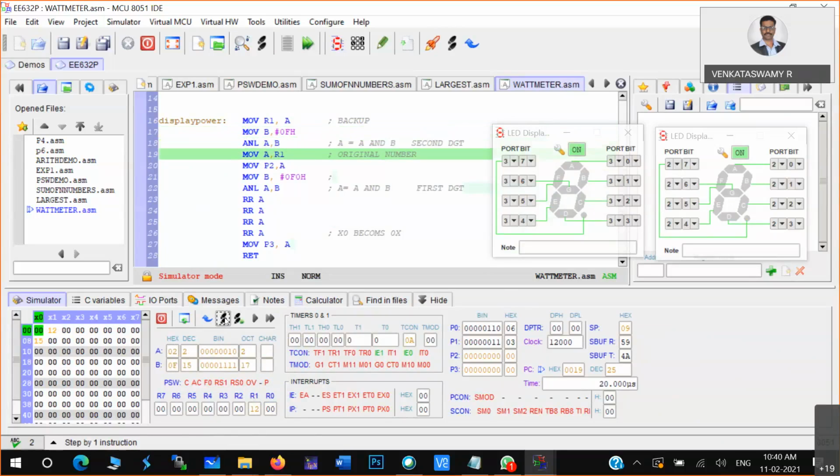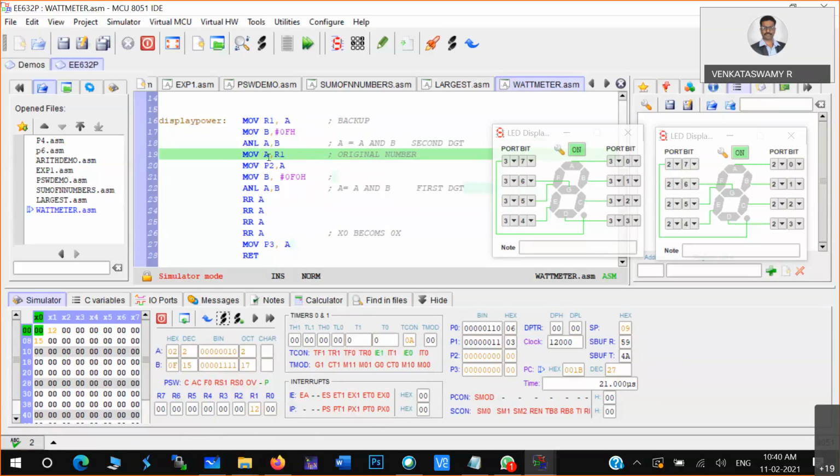Okay, so A register 12 becomes 02, and that particular number, A register, so 02 is the number. Here also the original number is not in A register.